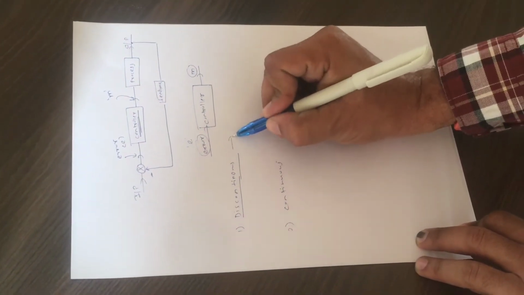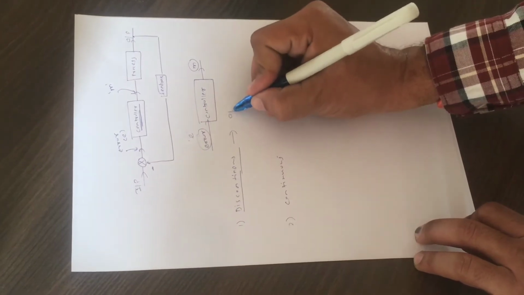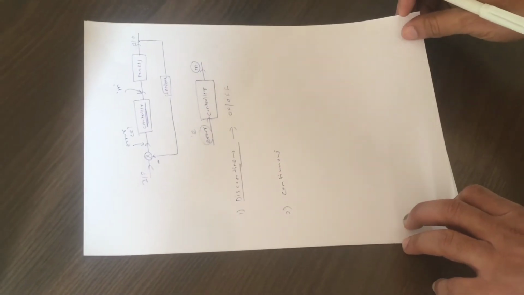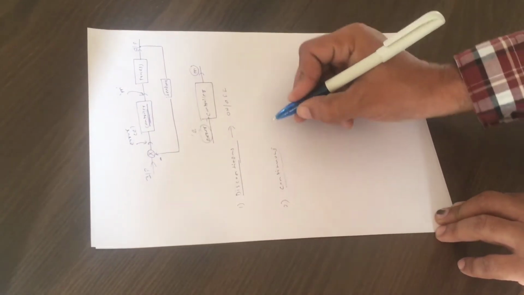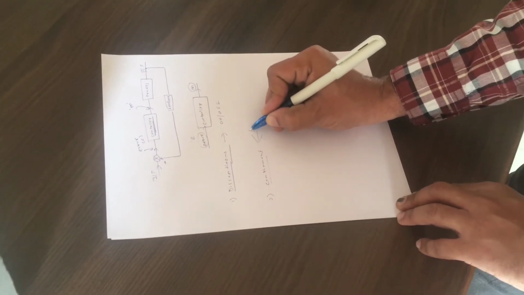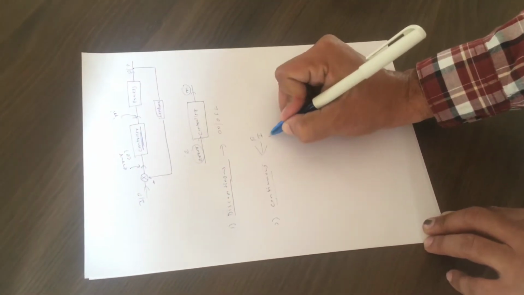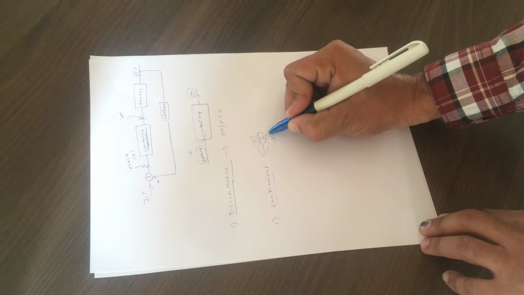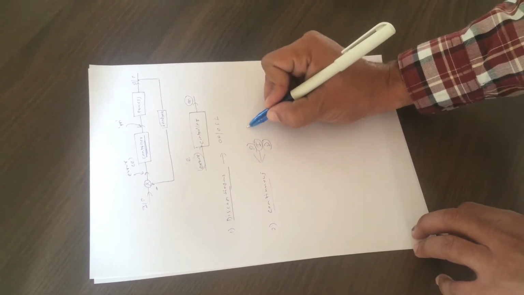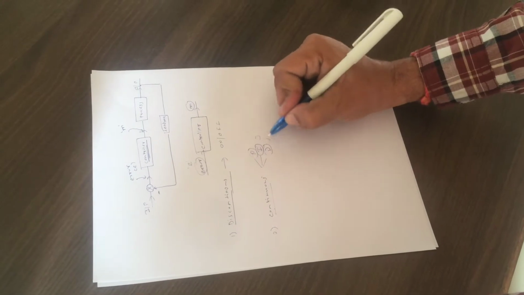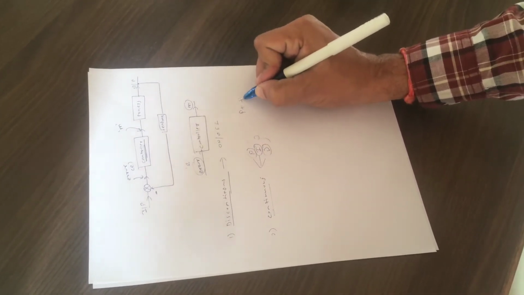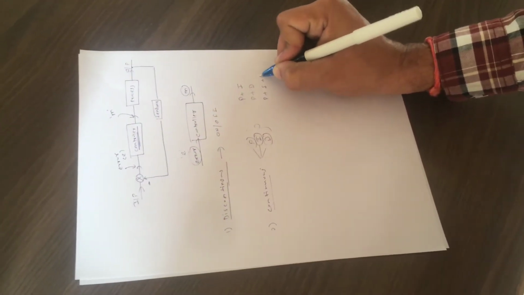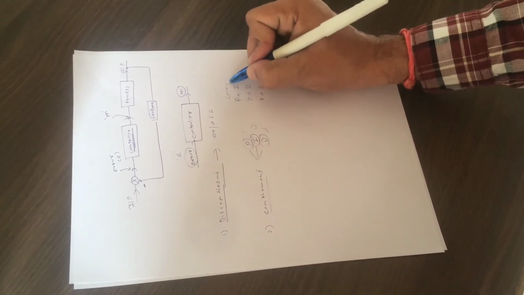In the discontinuous mode, we have on-off action. We have learned how the on-off action works in the previous experiment. And in the continuous mode we have three basic actions. I have talked about this also: P, I and D. P stands for proportional, I stands for integral, and D stands for derivative. What these are we will be learning. Then we have composite modes of action, that is, combinations of these three, like P plus I, proportional plus integral, proportional plus derivative, and proportional plus integral plus derivative. So these are called composite actions.